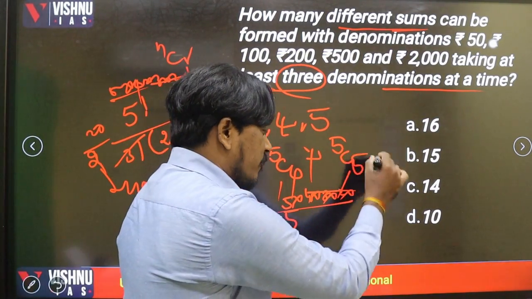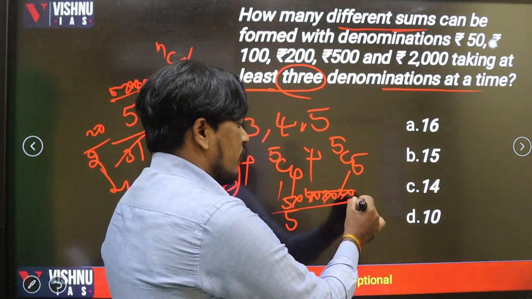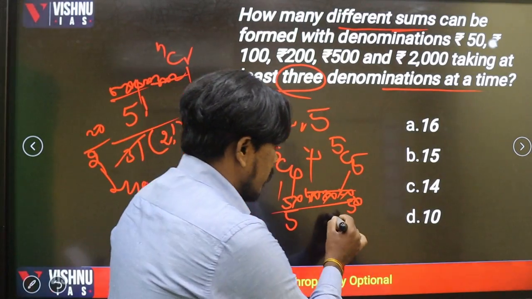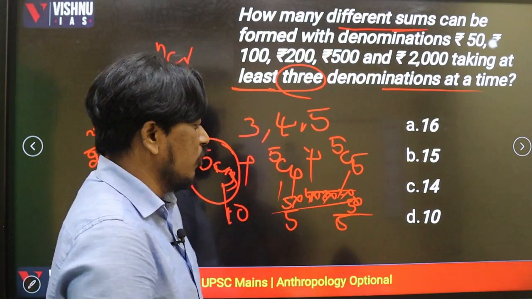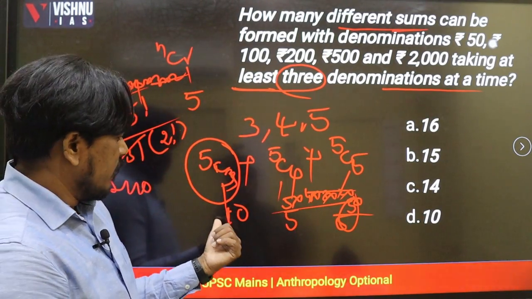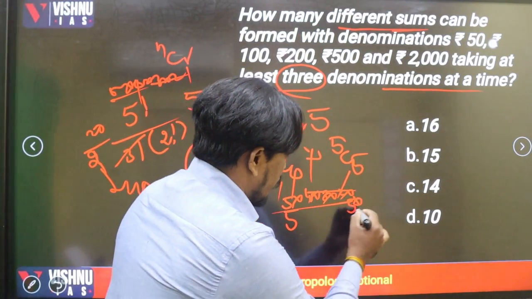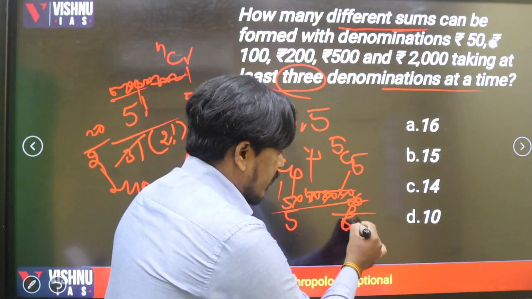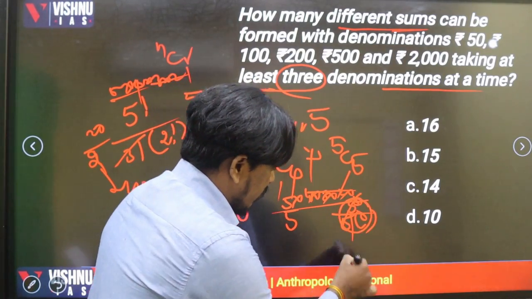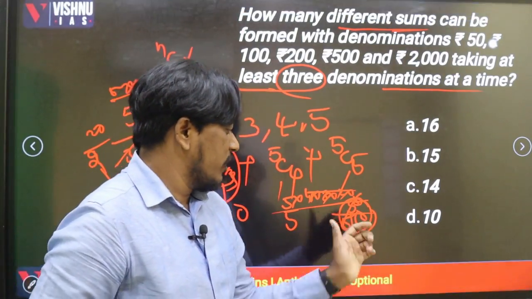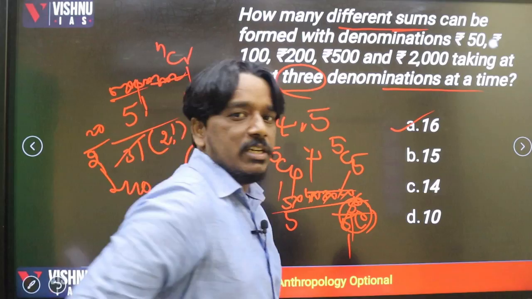See here, 5 factorial divided by 5 factorial. The 5 factorial is 5 into 4 into 3 into 2 into 1, and similarly here also we will get the same value. Next, 5 minus 5 becomes 0, and the final value becomes 0 factorial. Clear? 10, 5 and 0. Just observe the last one: this value is the same, so both will cancel, and here we are getting 1, so the total value becomes 1. 10, 5 and 1. So how many combinations are we getting in total? 16. You can take 16 as the answer.